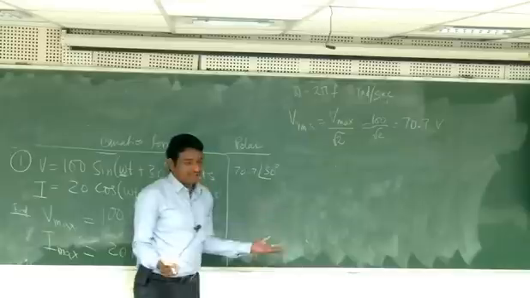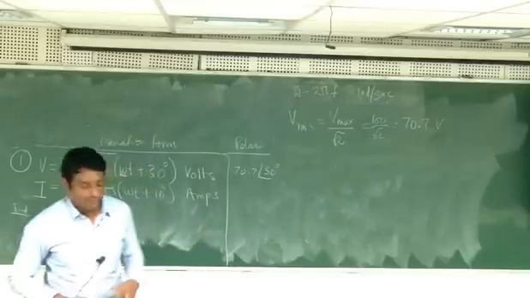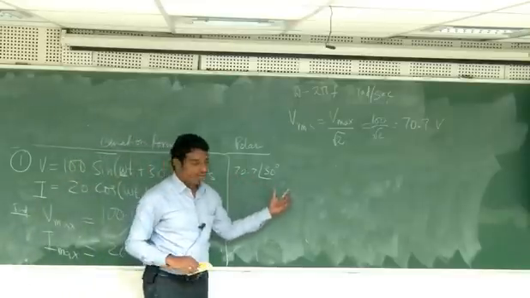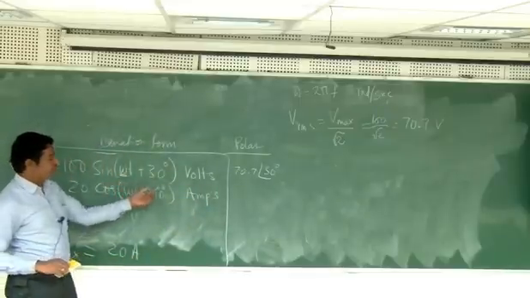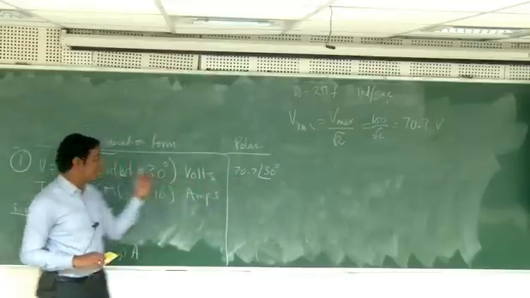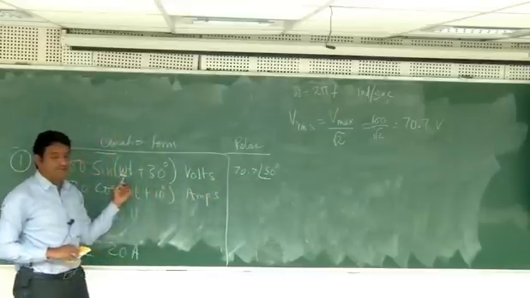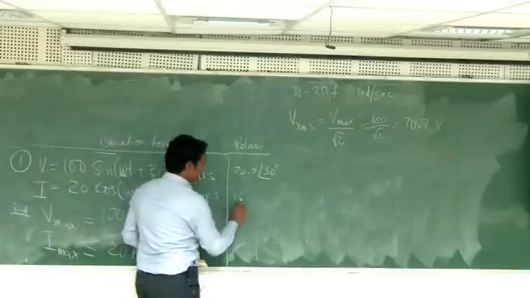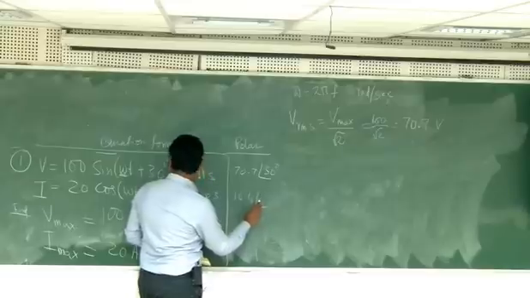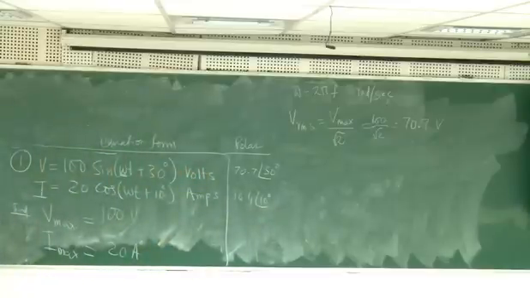It's only a shortcut way of writing it, so nothing more to feel about it. It's just a magnitude and an angle. So if I give you this, you can always write the other one. Simply multiply this by root 2, you will get the maximum value, and then take the 30 degrees angle and substitute it here. Omega t is anyway there. How do you write this? It is 14.14 angle 10 degrees. This 30 degrees and 10 degrees is with respect to some reference.